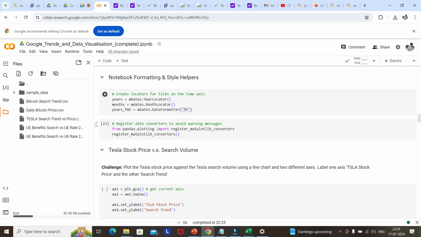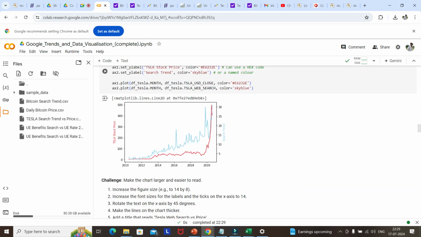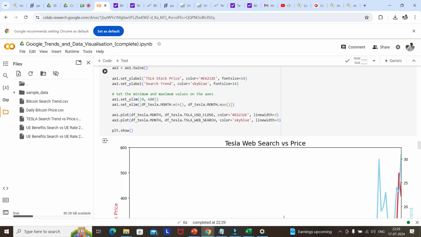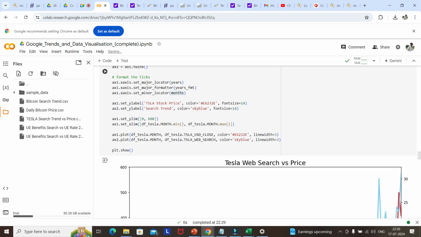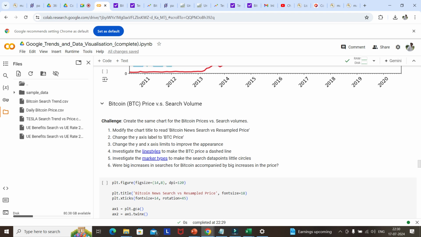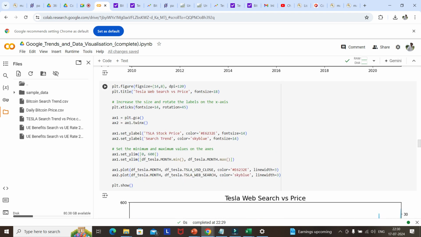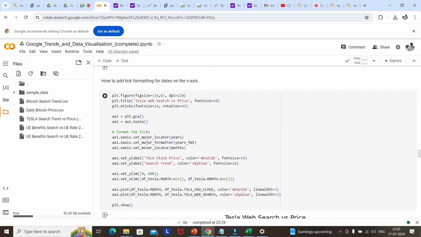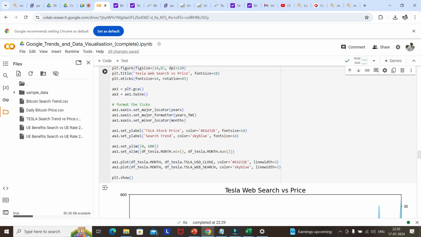Because we have set all the locators, now we have to run this, and everything else remains the same. Once we format the text, the remaining things are the same. We haven't changed anything else here. Now if I run this,